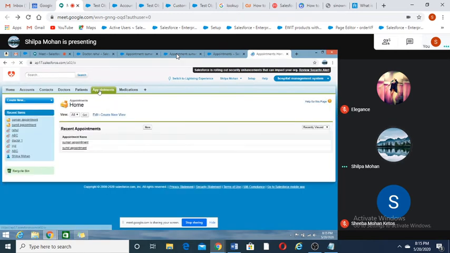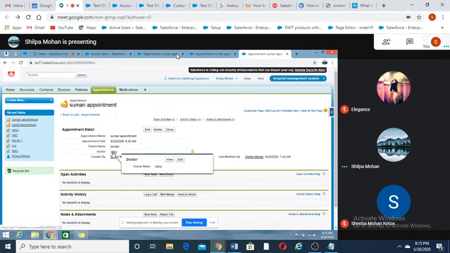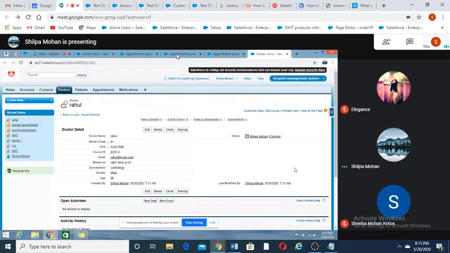In another tab, press control and click on Rahul. Here only. In this, press control button and click on Rahul. So now we know that doctor and appointment are connected to each other using master detail relationship.